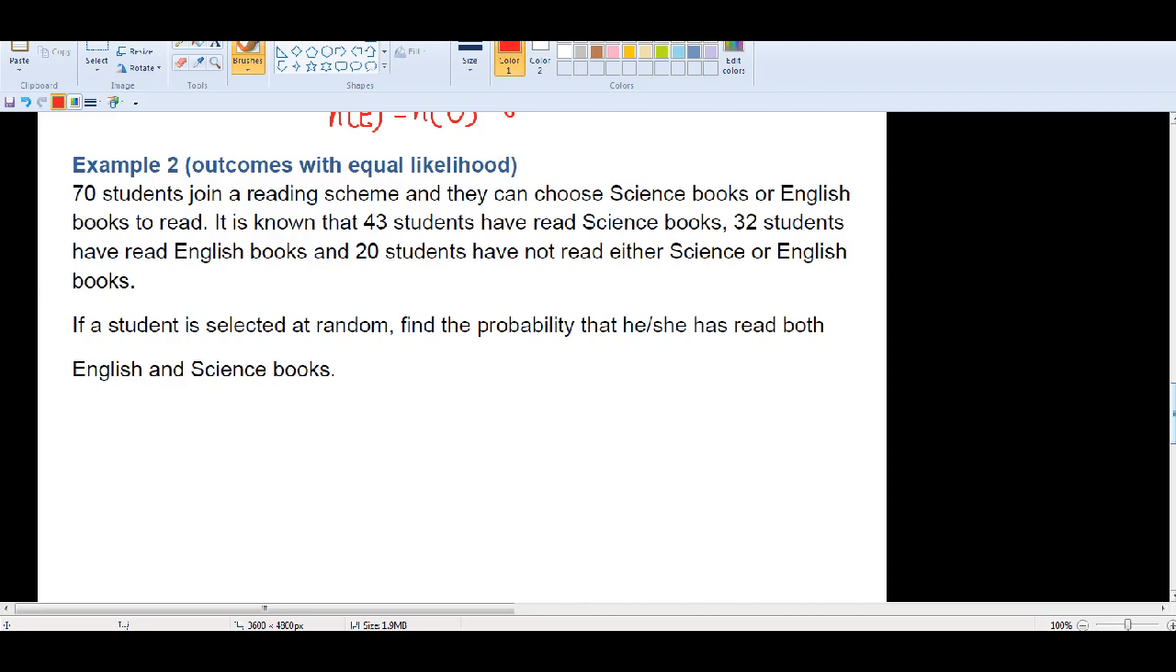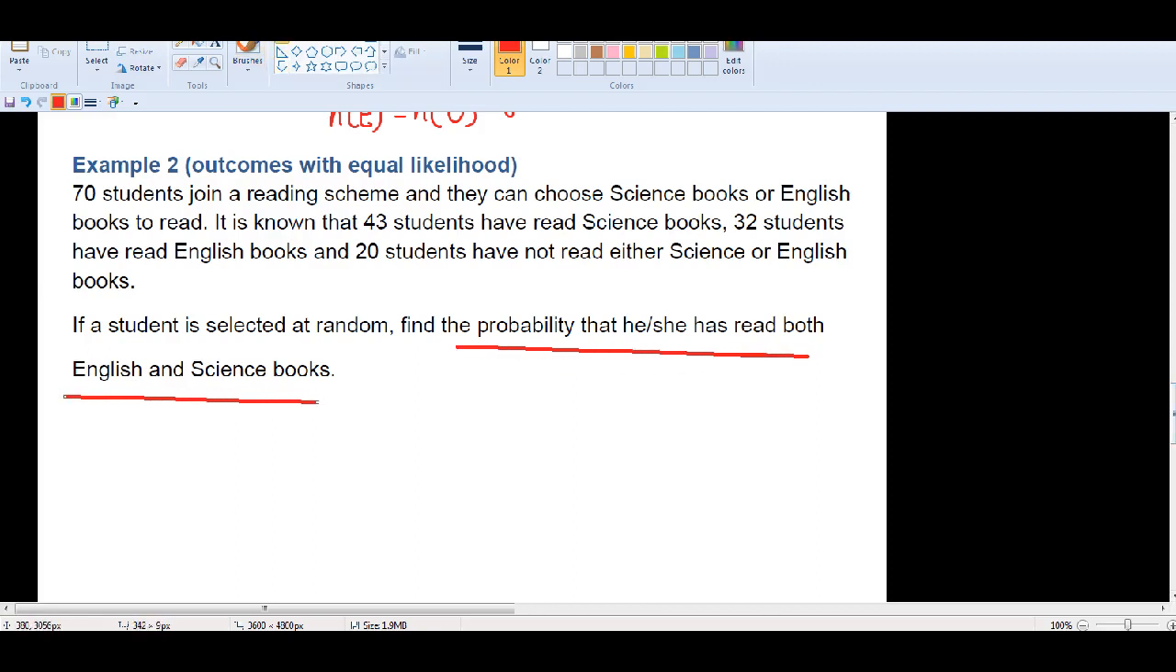Alright, and 43 students have read science books, 22 English books, and 20 haven't read either science or English books. If a student is selected at random, find the probability that he or she has read both English and science books. So the probability is